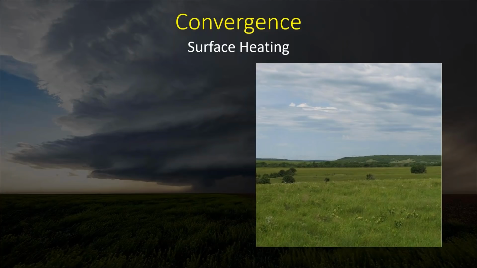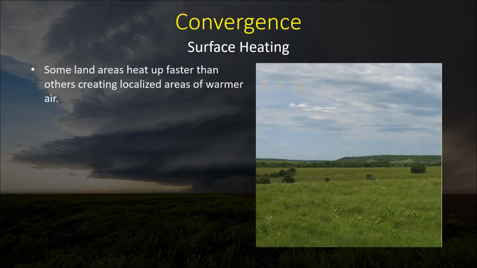So another way that we can see lift in the atmosphere is something called convergence. So this is basically just when winds come together. And sometimes in the summertime, this will happen when you get a lot of surface heating from the sun. You'll get some land areas that heat up faster than others, and those create localized areas of warmer air. And remember, warm air likes to rise. So, as that happens,